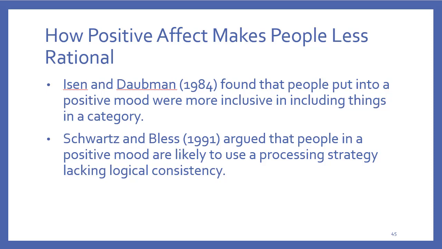Positive affect, you can call it happiness, like in the last one, found that people who were in a positive mood were more inclusive in categorizing things. The problem with that is that it didn't have logical consistency. If you're in a positive mood, you're more likely to not categorize things specifically. Instead of using decision making to categorize something, they will just categorize everything together, and that is not logical thinking. That's not rational. If we're trying to categorize things, you can't just lump everything together if you're trying to create distinctions. So in that study, they found that people who have positive affect even struggle with maintaining rational thought.